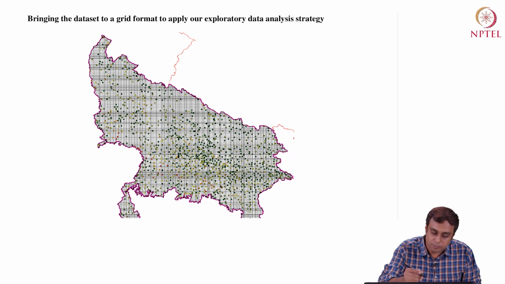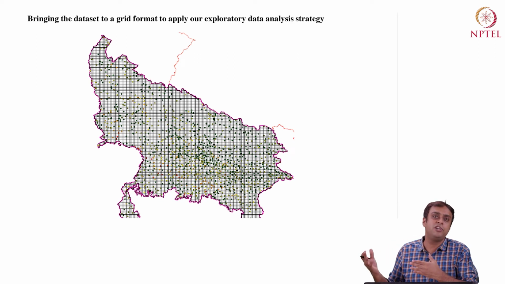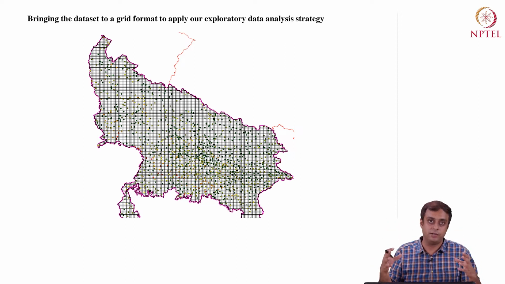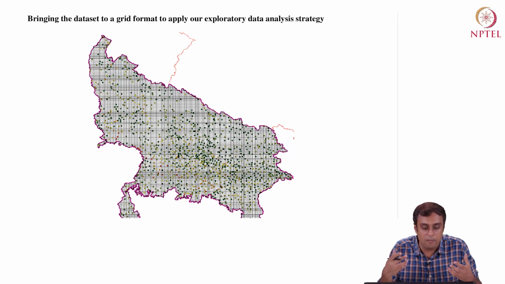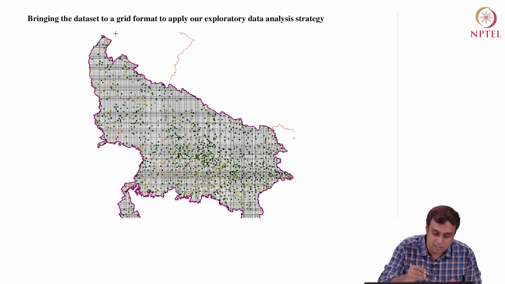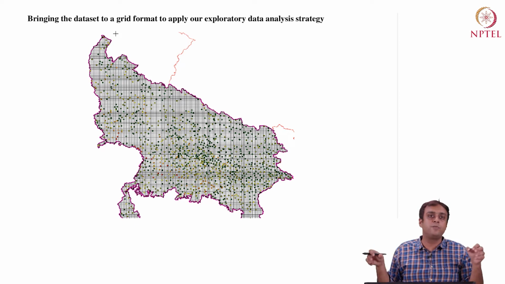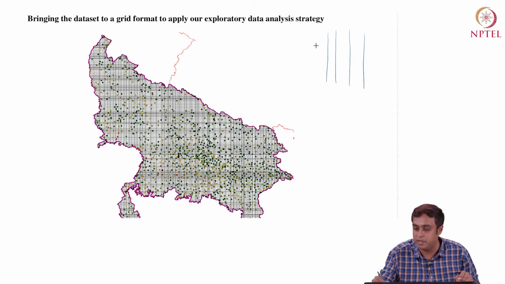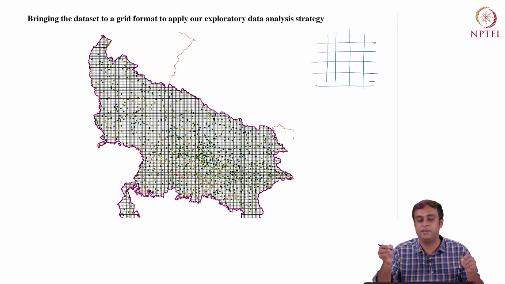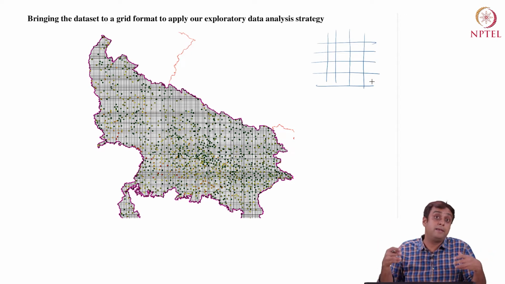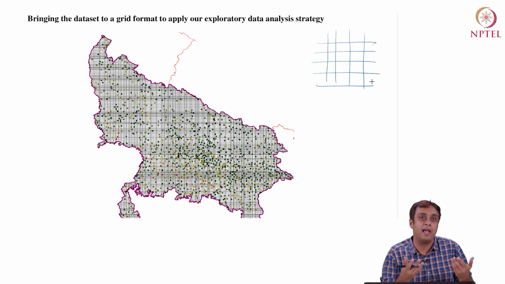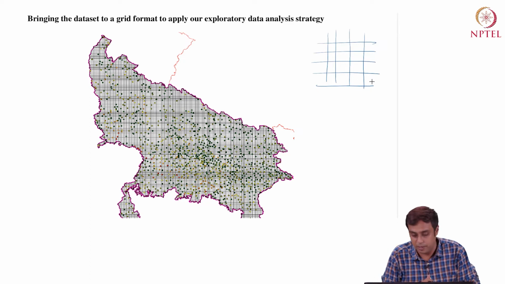So let's move forward. We saw last time that in Cressie's machinery, the data were organized in a row-column fashion. Now, on the map of Uttar Pradesh, I have many wells scattered around space, and the spatial distribution is not consistent. This is not textbook data where I will find a very nice characterization, with data exactly collected in a nice grid of rows and columns. But I have to make an attempt to organize the data in that fashion so that I can apply the machinery that Cressie has given me, right?